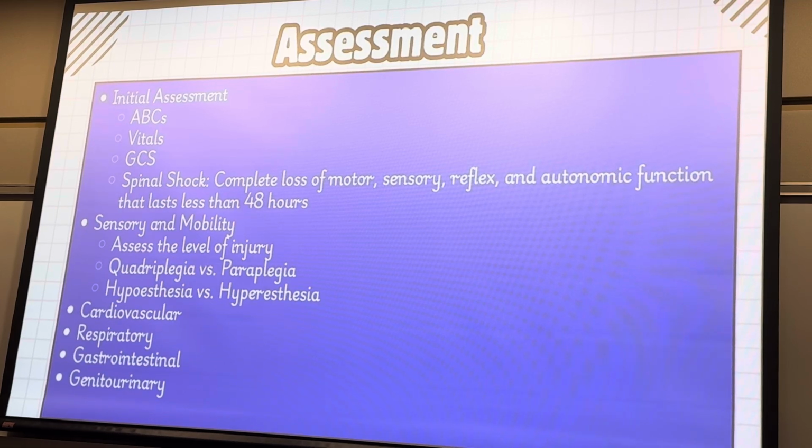Our goal respiratory-wise, the main thing is just maintaining that O2 sat. Maintain that O2 sat. Remember, we might have to potentially collaborate with others. Might have to get respiratory therapy involved. Might have to get the physician involved as well. Coordinate that care.